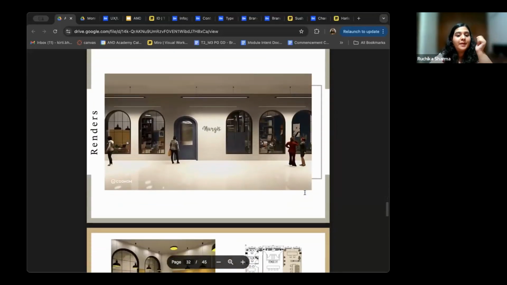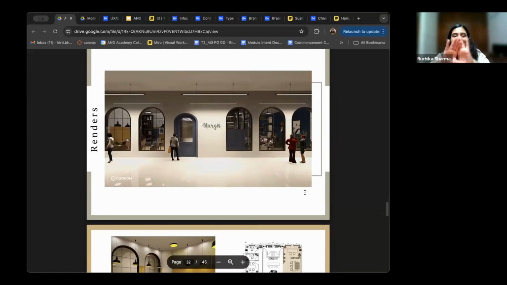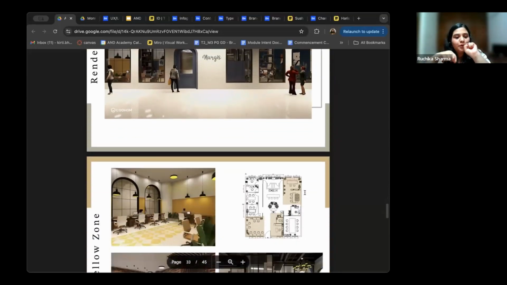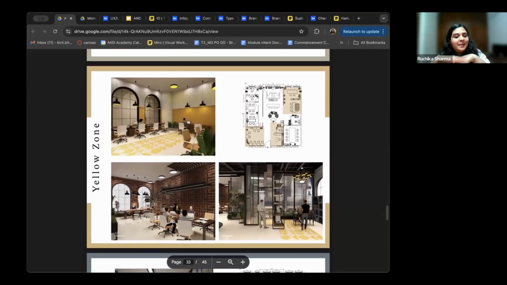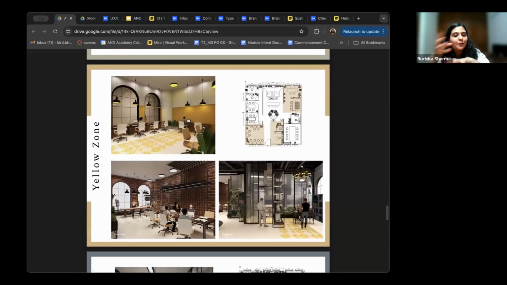Okay, then you have renders. So this is what Akriti envisioned the space to look like. This is what the entrance is. Let's go lower. Now you can see in the flooring, there's a very nice yellow detail in the tiles as it is borrowed from the Nargis flower, the daffodil flower, which is yellow in color. The lights are also yellow. There's also yellow going around the walls in the dado.